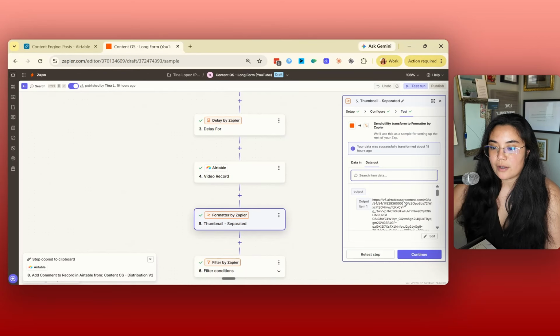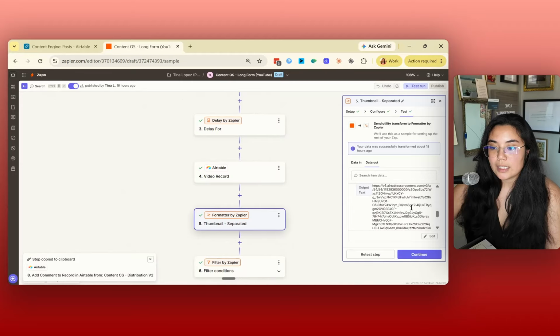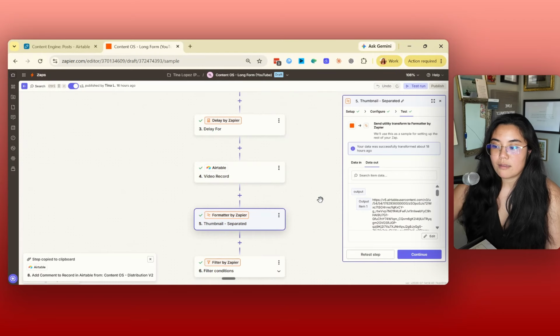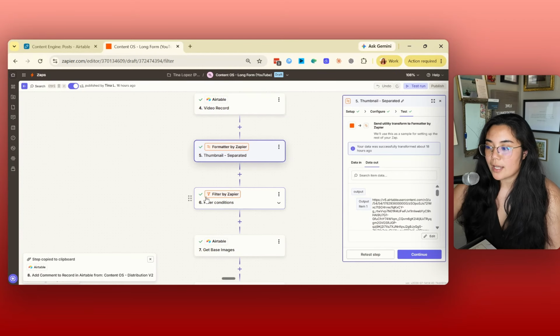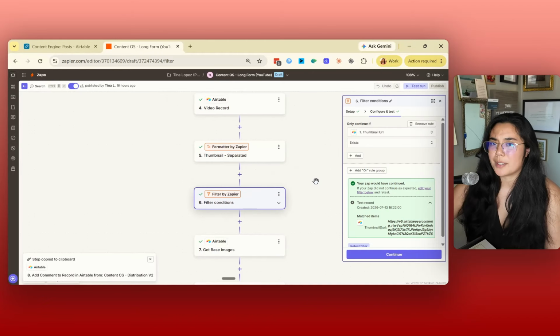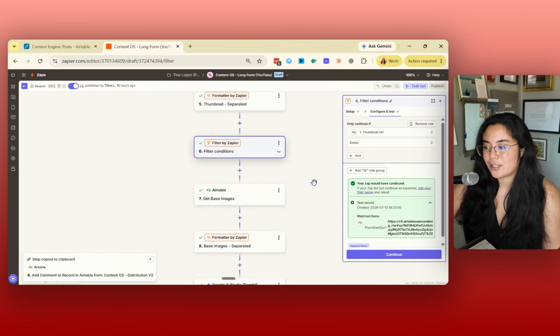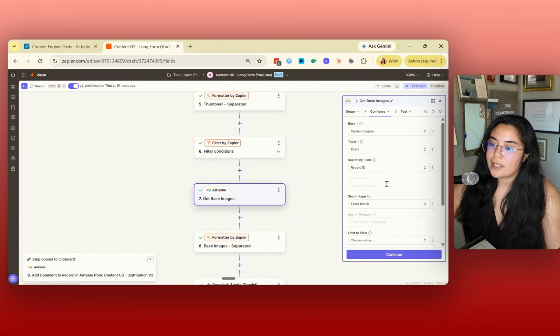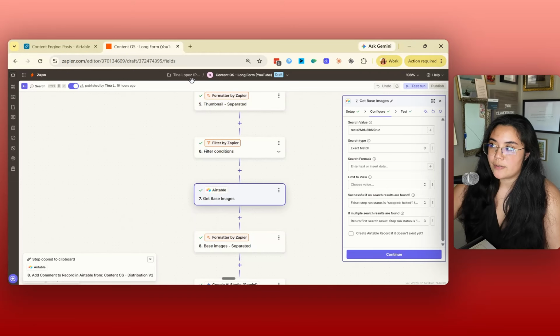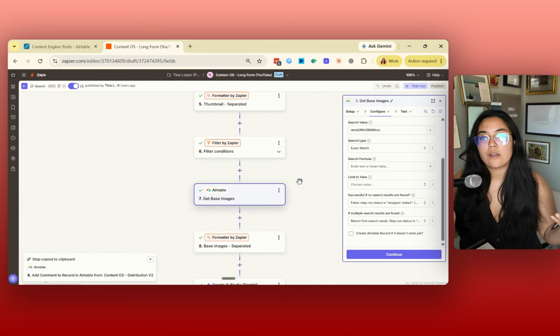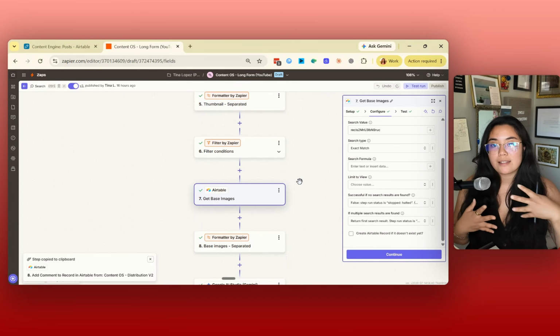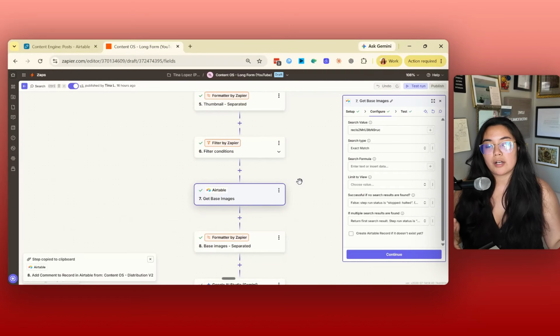And so I found these particular links and said, hey, these are your inspiration images. And I put a filter because if it doesn't find anything, I'm not going to continue and waste my tasks. We're not going to do that. And then another place is I actually have base images. And so base images are essentially images of myself that I hold in a record so that if I